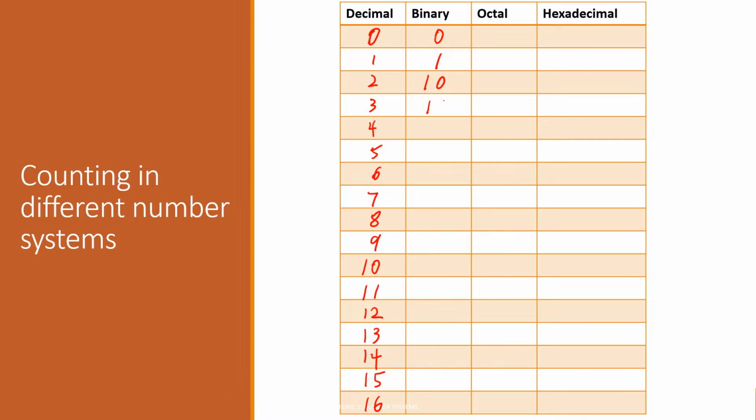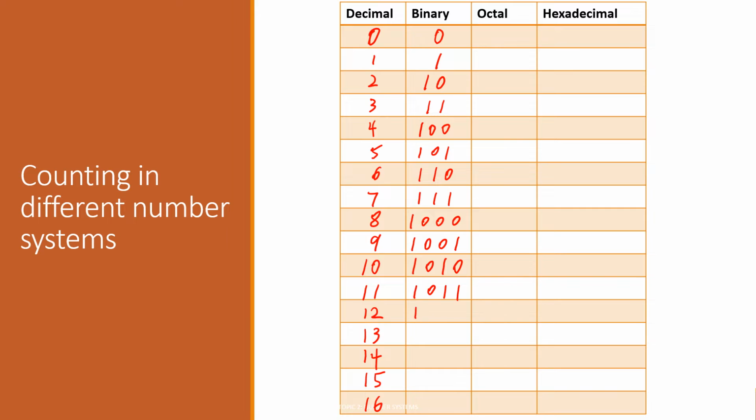Then we get 1 1. This is 3. After 1 1, we have to move to a higher bit. So we get 1 0 0 for 4, 1 0 1 for 5, 1 1 0 for 6, 1 1 1 for 7, 1 0 0 0 for 8, 1 0 0 1 for 9, 1 0 1 0 for 10, 1 0 1 1,